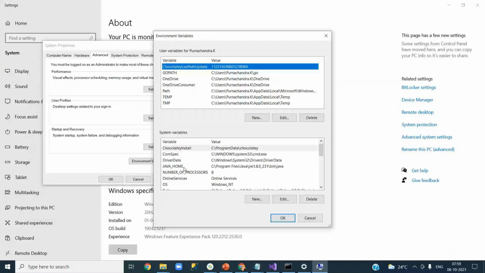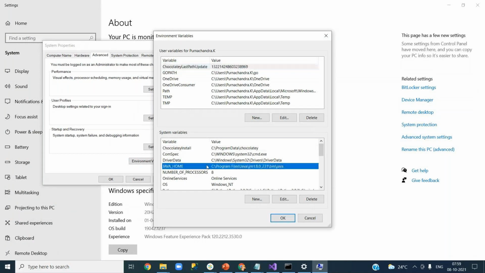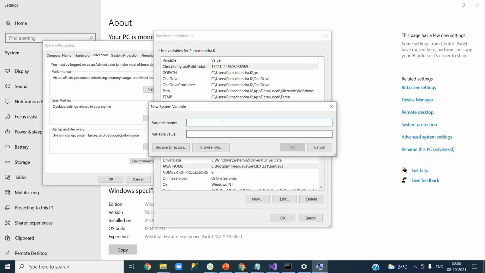So you need to set the Java home environment variable: JAVA_HOME and the path of Java basically. You see C:\Program Files\Java\JRE. I can add my own environment variable like this. I added this one for SonarQube. Now if I have to add it for the test file, test bat,